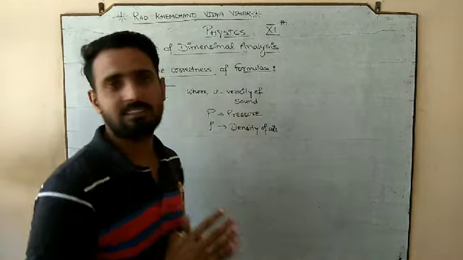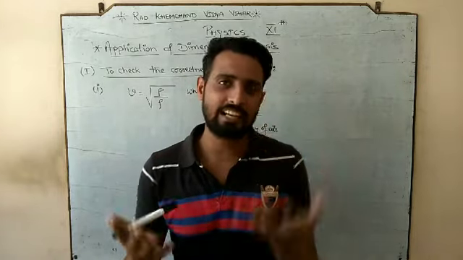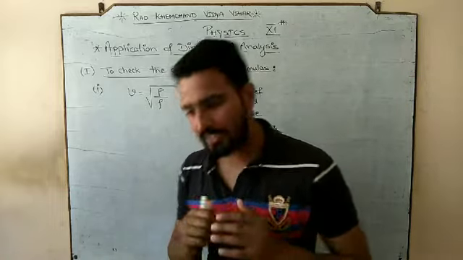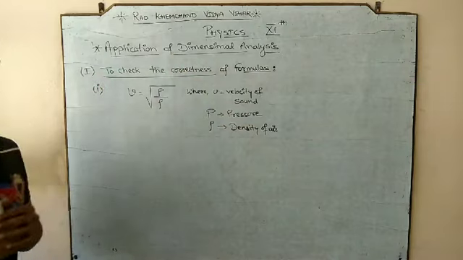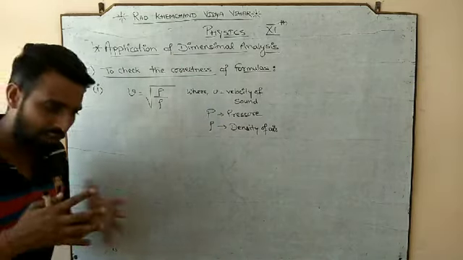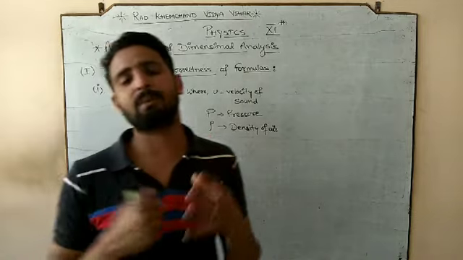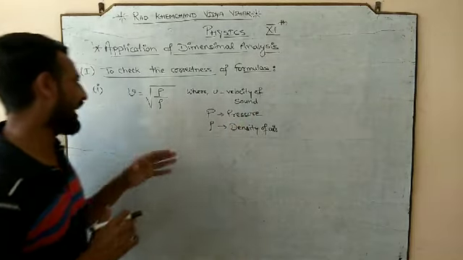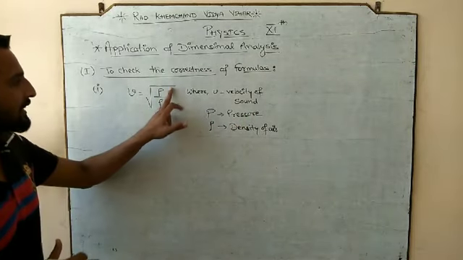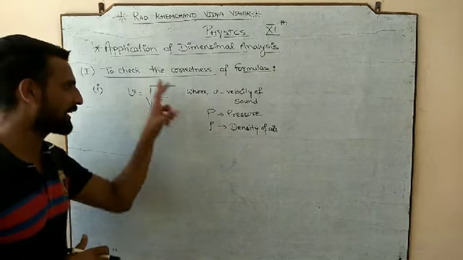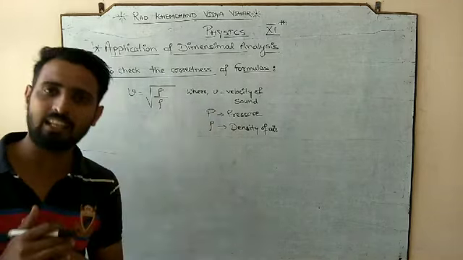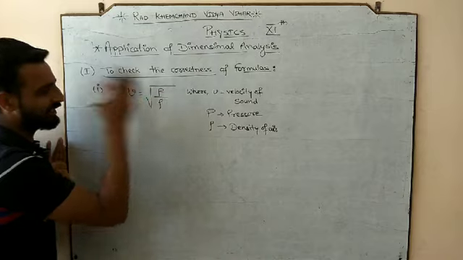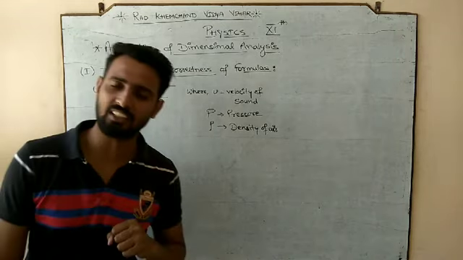But now the question arises whether the formula we derived is dimensionally correct or not. What does it mean? On the left hand side we have the velocity, which indicates meter per second. On the right hand side we have the combination of pressure and density, that means pressure divided by density, and the whole term is in under root form. So on the LHS we have the velocity, on the RHS we have the under root of pressure by the density of air.